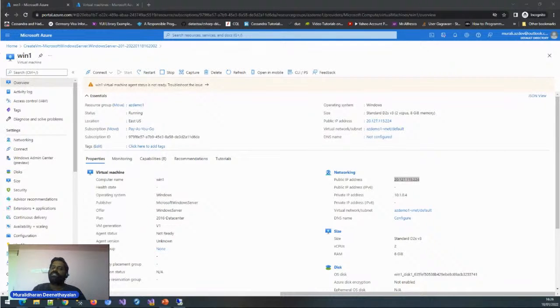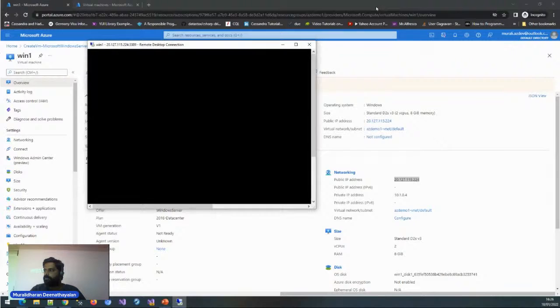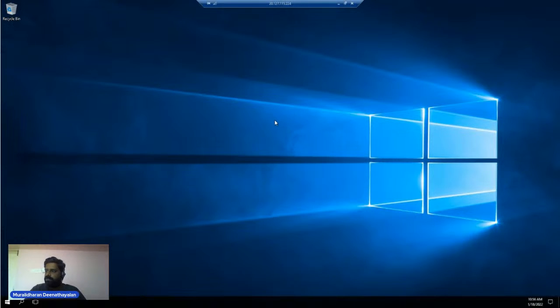So this is infrastructure as a service. We got the machine. We defined the machine as we wanted, and now everything we need, we have to configure. So the virtual machine is getting loaded. Yes, we got the virtual machine.